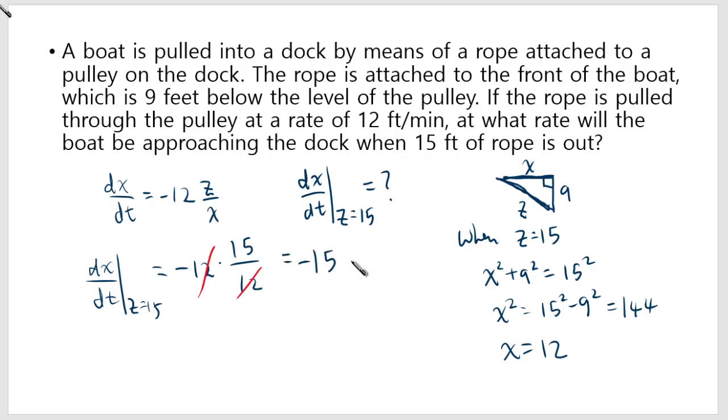And then it's a rate of change, so this is in feet per minute. The unit for time in this problem is minutes, and the unit for x is feet. The purpose of this minus is to make us realize that this distance is shrinking, but since it was just asking for how fast the boat was approaching the dock, in the answer you shouldn't have the minus, so the answer should be 15 feet